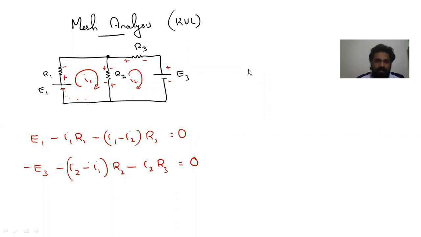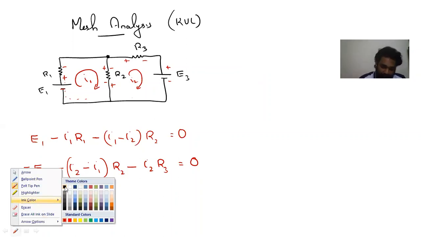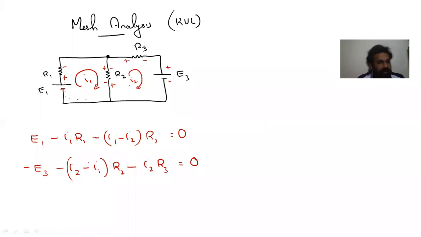Okay, I will repeat once again. What we are doing is, in a clockwise direction, we are taking current. So first loop I have taken I1, second loop I have taken I2. In the direction of current, I mark plus minus in the resistance, just to indicate that current is moving from positive to negative. And this plus minus I am marking in order to write the equations correctly. Otherwise, there is a chance that we write it wrong. So in the first loop also we write based on I1. In the second loop also we write plus minus based on I2.